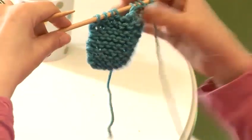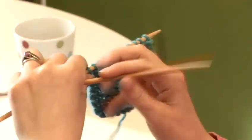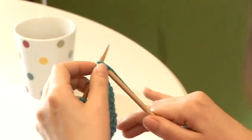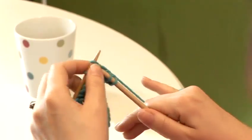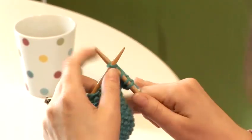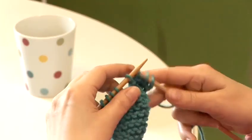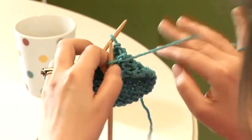and turn the work. So now we have to close the buttonhole at the top, and we're going to do that by casting on the same number of stitches that we cast off. So we're going to knit across to the gap. Okay, and then we need that stitch. Just knit the first 3 and leave that one on there. And then we need to turn our work